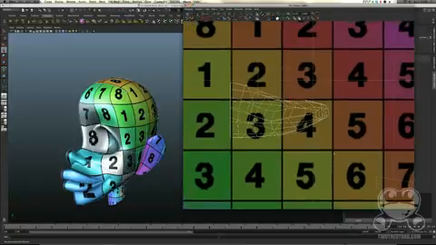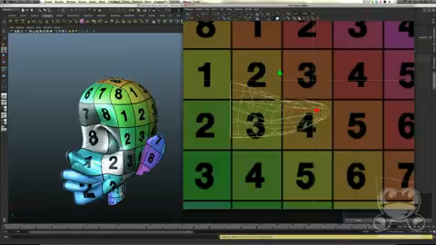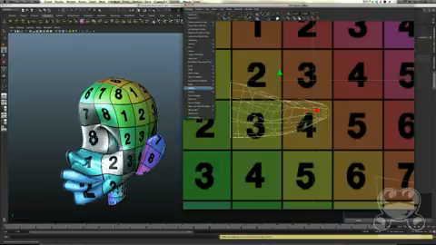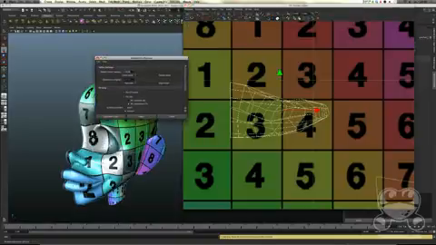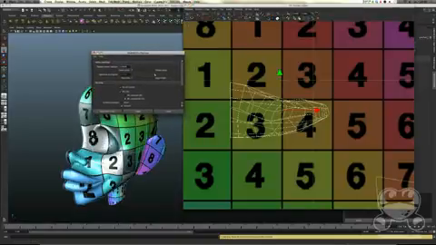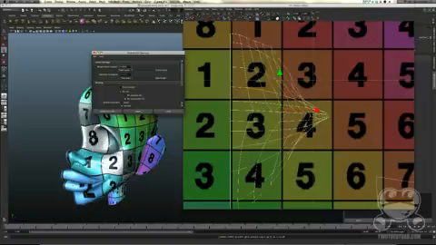So to do that, what I'm going to do is select all the UVs here, and we are going to actually see the maximum power of the unfold option. So I'll go ahead and go into the options here, and this time I'm actually going to turn off the pin UV border and apply this. And you can see that for the most part, it actually did its job really nicely, and it really unfolded everything, with the exception of some